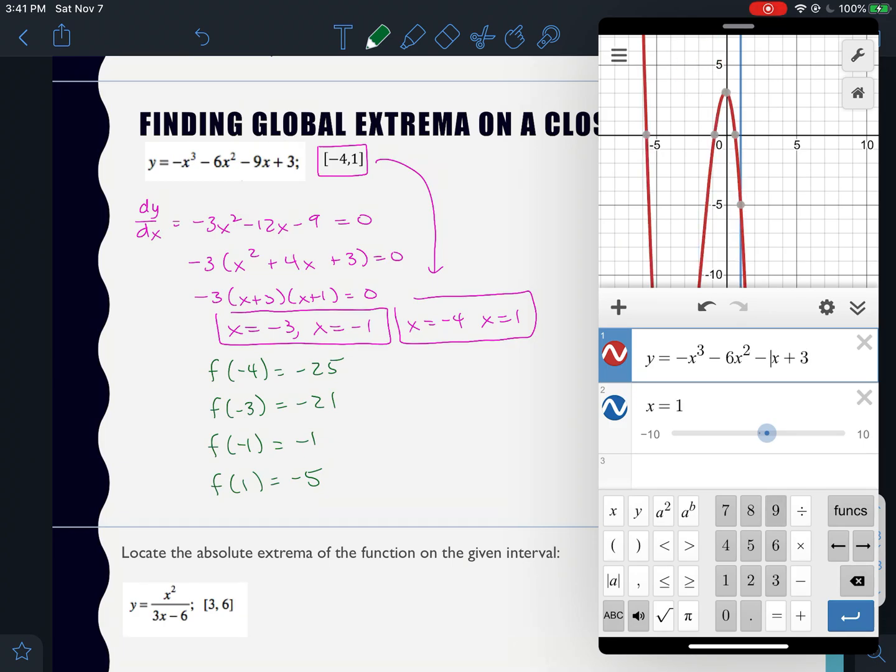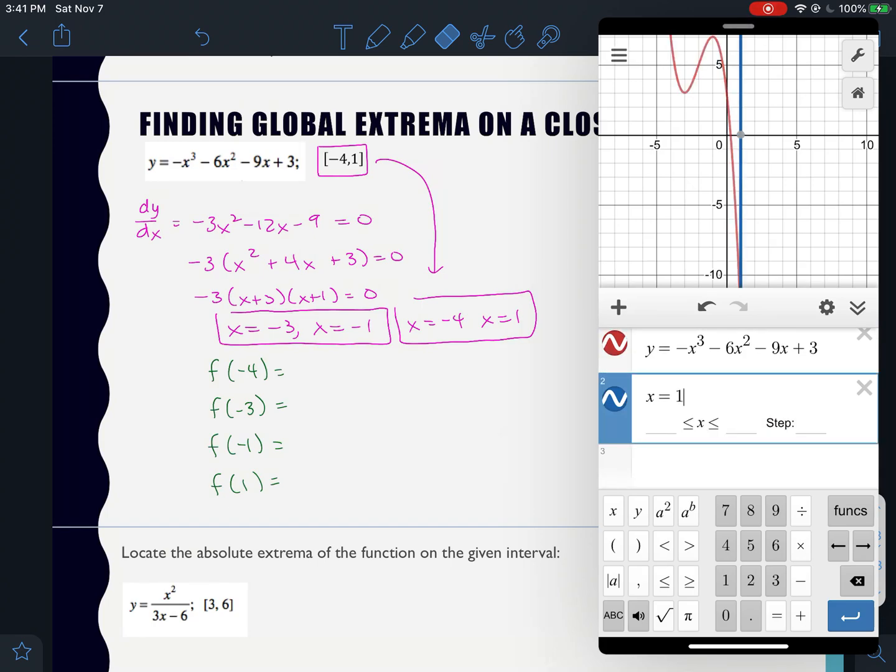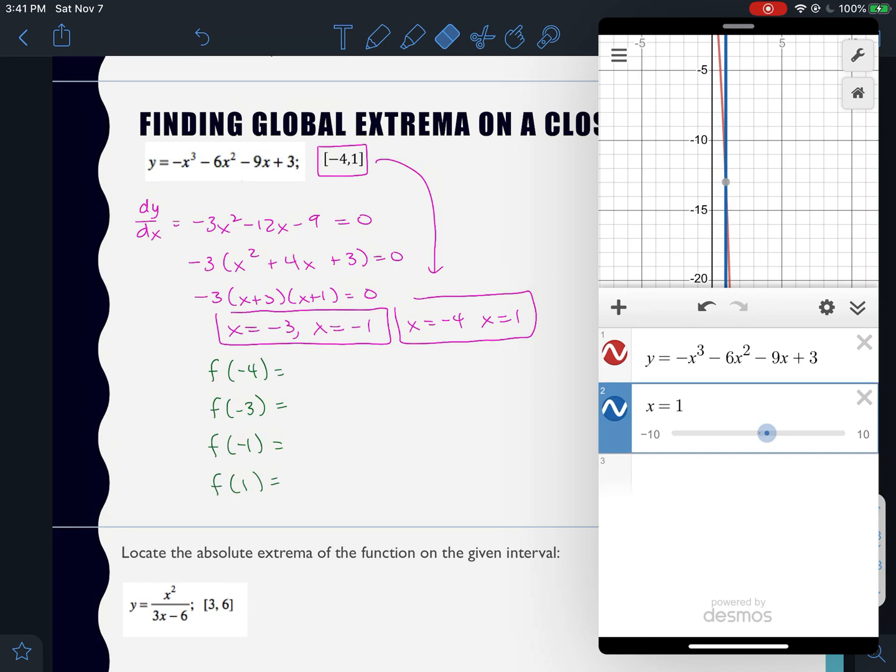(x squared minus 6), minus 9x. That would be helpful if I would have put the original one in. There we go. So sorry about that. I'm going to have to redo these. So these are not the right ones because I forgot the 9. So if I plug in -4, well, sorry, if I plug in 1,